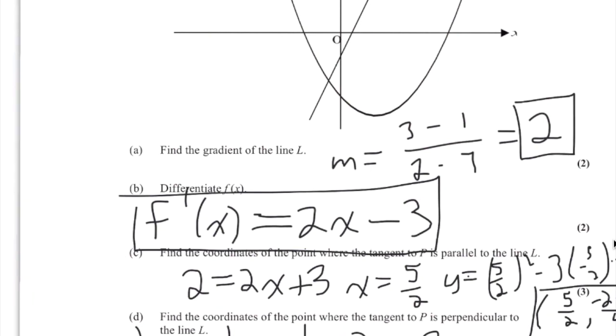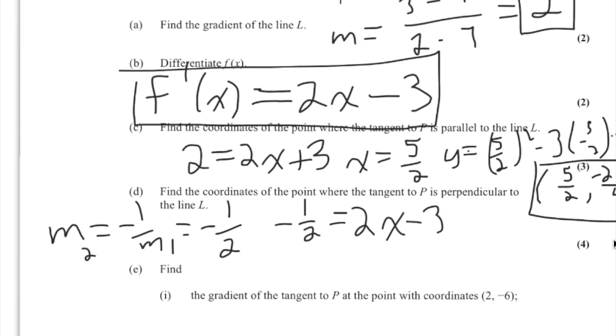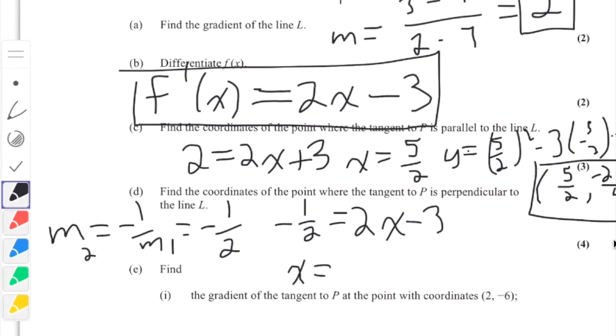Now we're going to solve that, and we'll have the x coordinate. We plug that x coordinate into function f for the parabola, and we find the y coordinate. Same procedure that you just did on C. So again, I solve for x here, and I get x is equal to 5 over 4. Strange, it was just 5 over 2 before. And then I'm going to plug 5 over 4, substitute it into function f, and y is going to be equal to